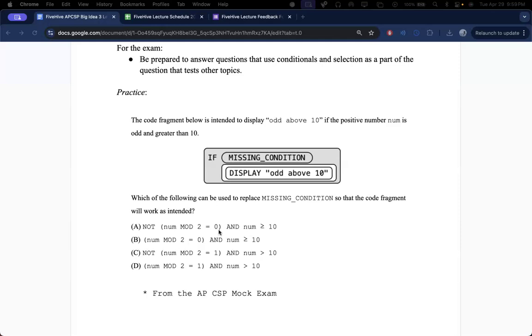it's not A, but don't worry. Your reasoning for the first part is absolutely right. So num mod 2 is 0, but not makes it odd. That's absolutely right. But if we look at this next part, and num is greater than or equal to 10,